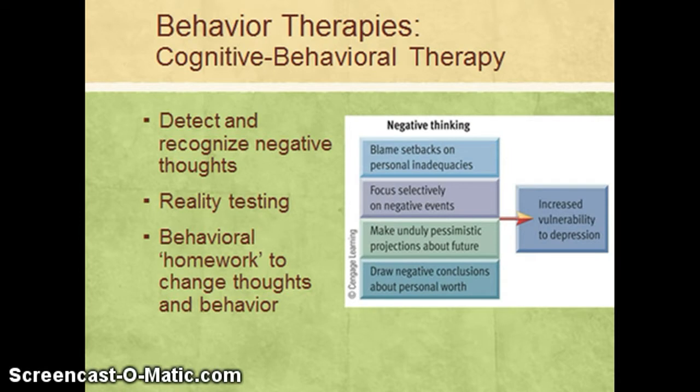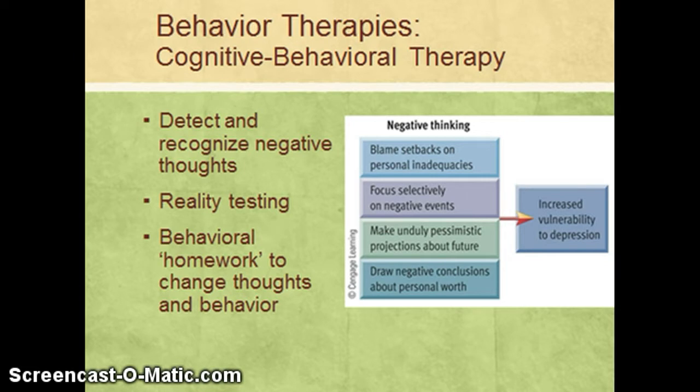This is typically done through a process of talking about the client's thoughts, also having them write down their thoughts about different situations, and then the therapist and the client work to detect any sort of negative, unrealistic thoughts. Those thoughts are then subjected to reality testing, designed to have a more realistic and neutral view versus the negative view. For example, if somebody says to themselves quite frequently when they're experiencing a stressful situation, "I'm such an idiot,